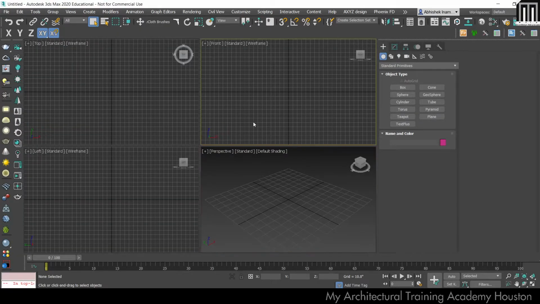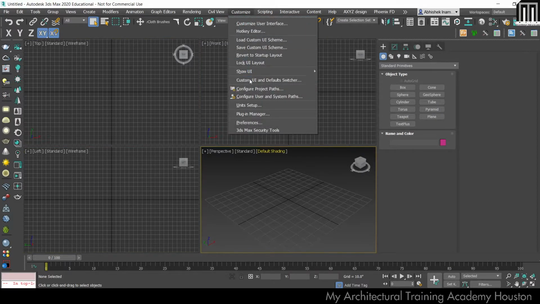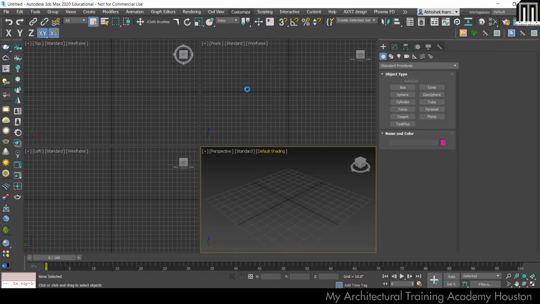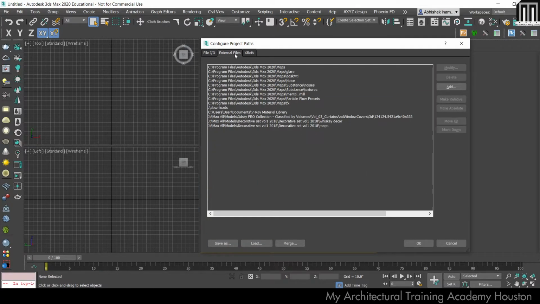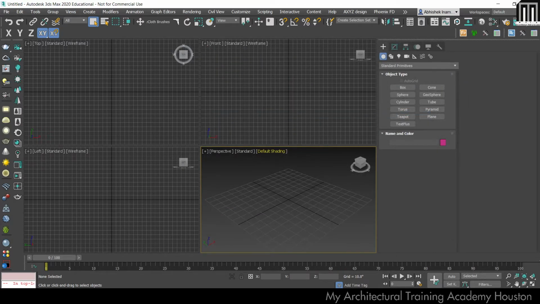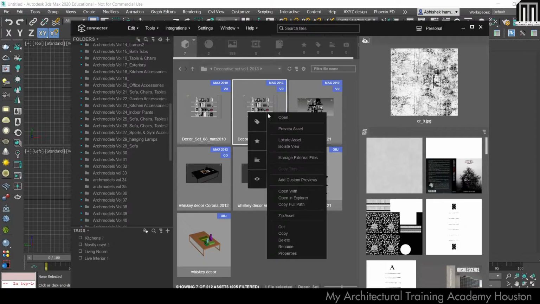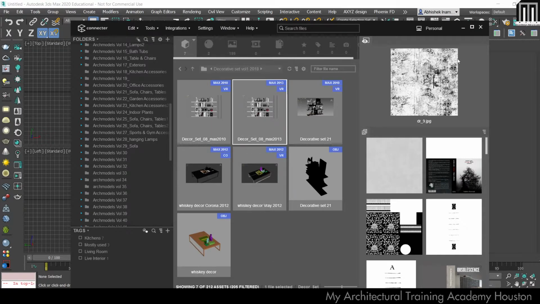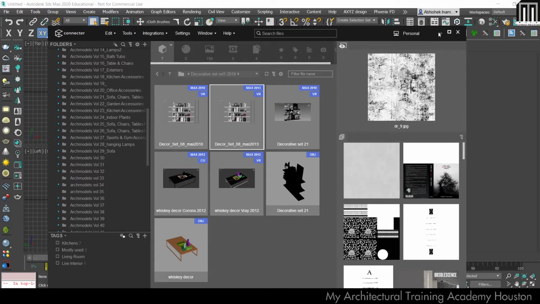Now in my 3ds Max, when I click on customize, you see configure project paths, and you can click on external files. You can see my path is already there, I have already pasted this path. But what we have to do is open this connector, right click and say copy full path, and minimize this.